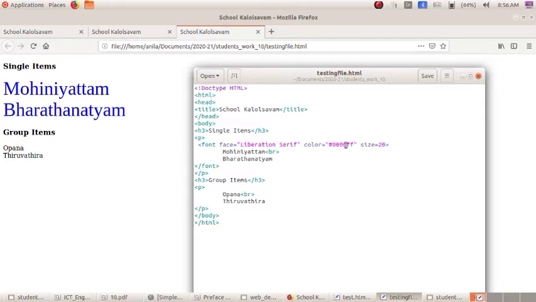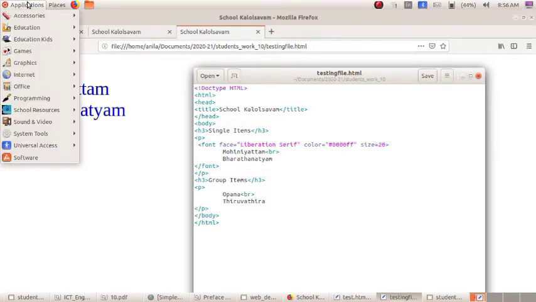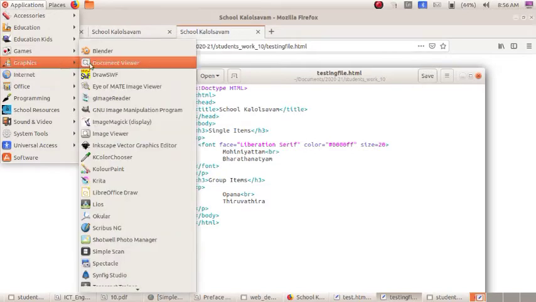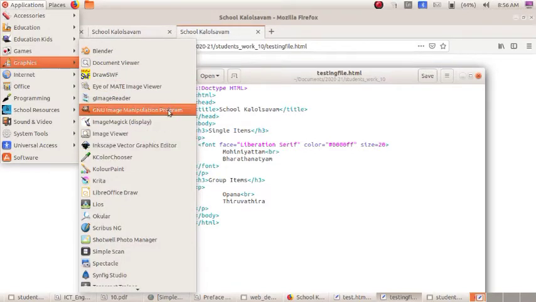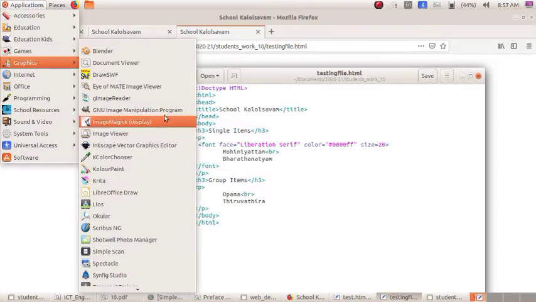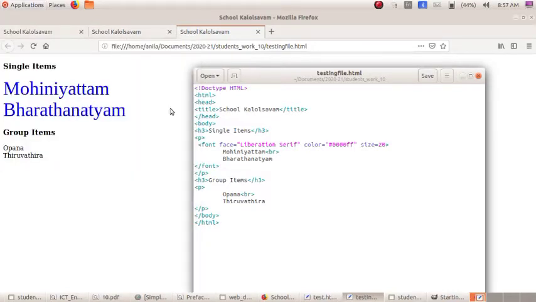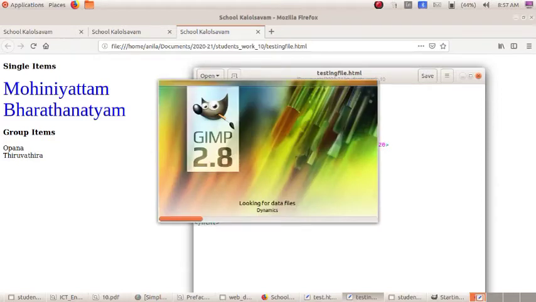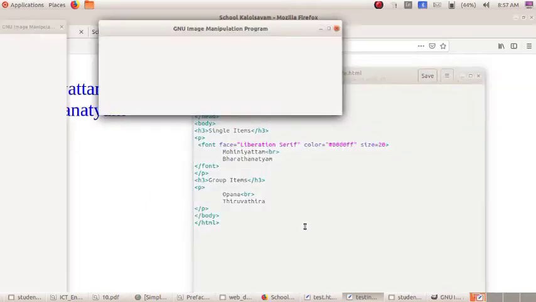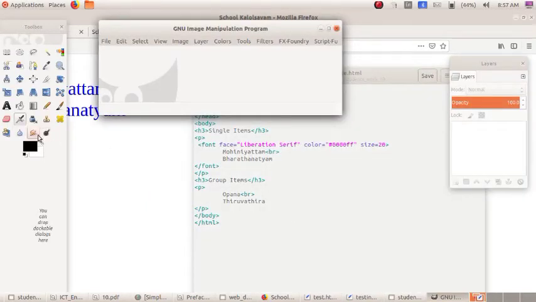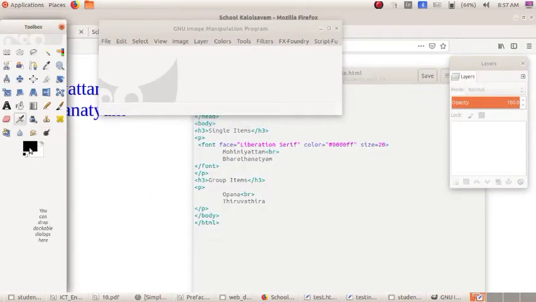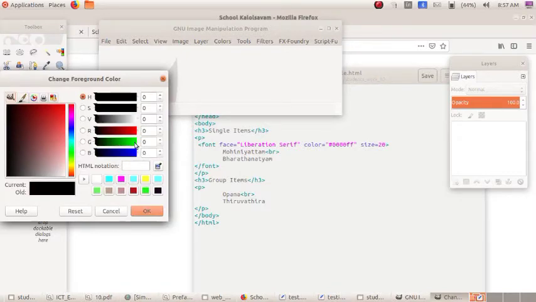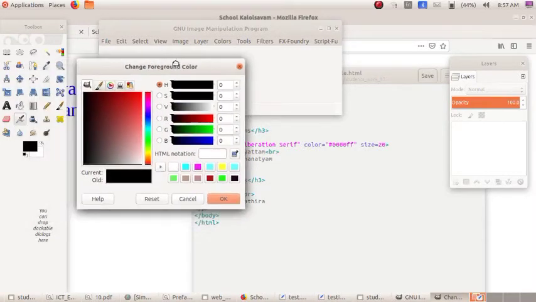If you have any problem remembering the codes, you can go to applications, then graphics, either GIMP or Inkscape or Color Paint or any other graphic software. There you can see the HTML codes for all the colors. See, change foreground color.